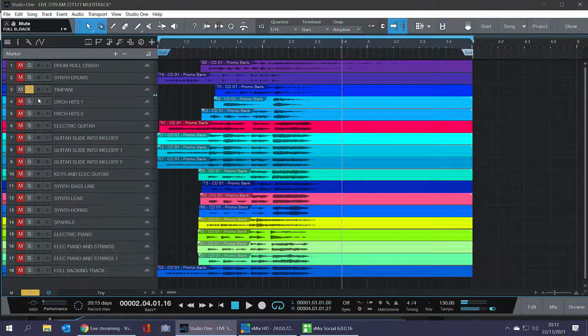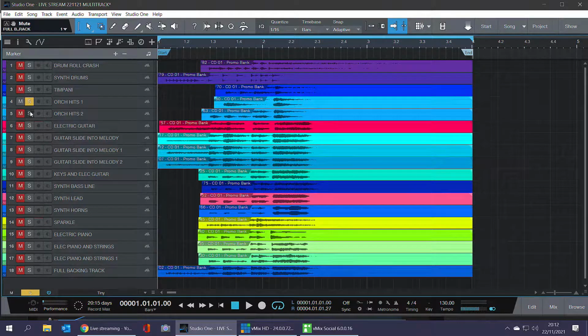Okay, so those are our drums so far, and what I'm going to do is solo the top three so you can hear them all together. Here we go. Okay, now they might not all be lined up yet, so we're going to play around with that as we go through this evening's show, okay? So again, I'm going to unsolo those, and we're going to go to the